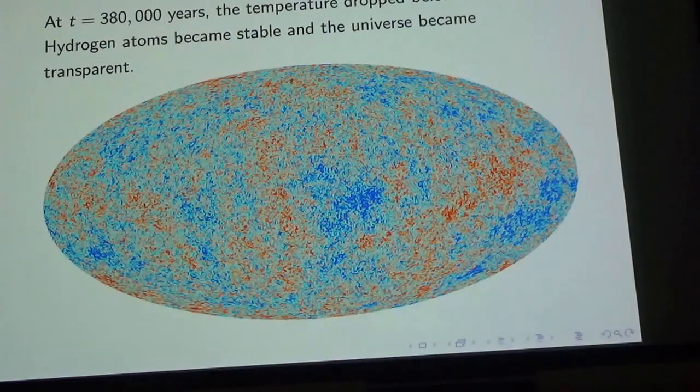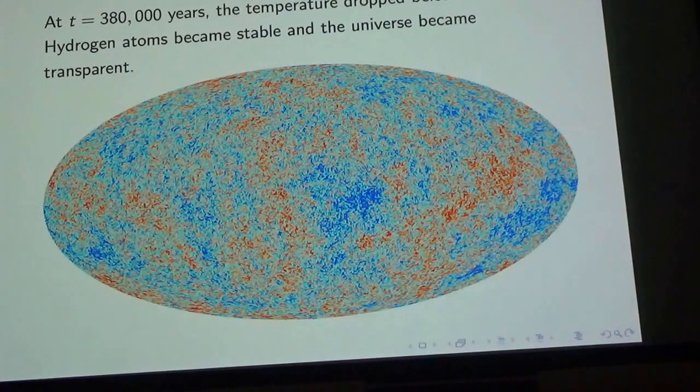At about 380,000 years after the Big Bang, the temperature was dropping below 3,000 Kelvin, and below that temperature, hydrogen atoms and helium atoms are both stable, and so the universe suddenly became transparent,